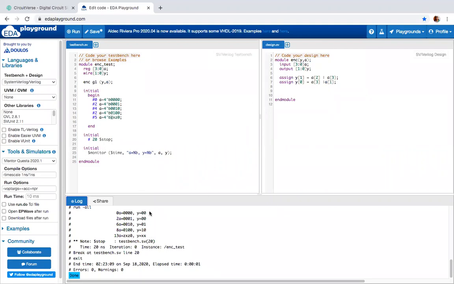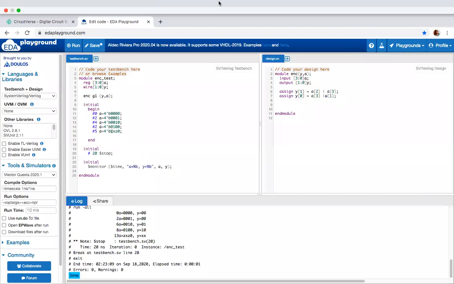Since we have not specified the exact cases, it will consider those according to the Verilog expanded truth table with 0, 1, X and Z, and then it will give you the output. So this is with respect to our 4:2 encoder.